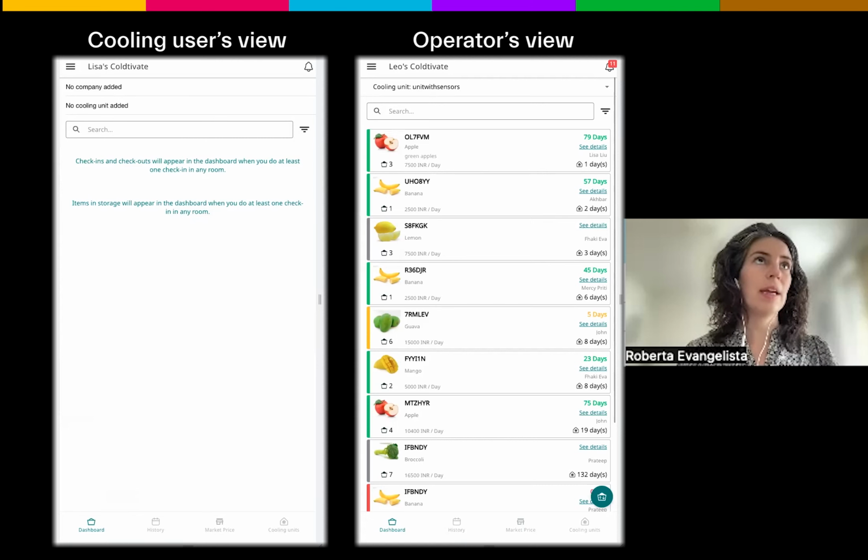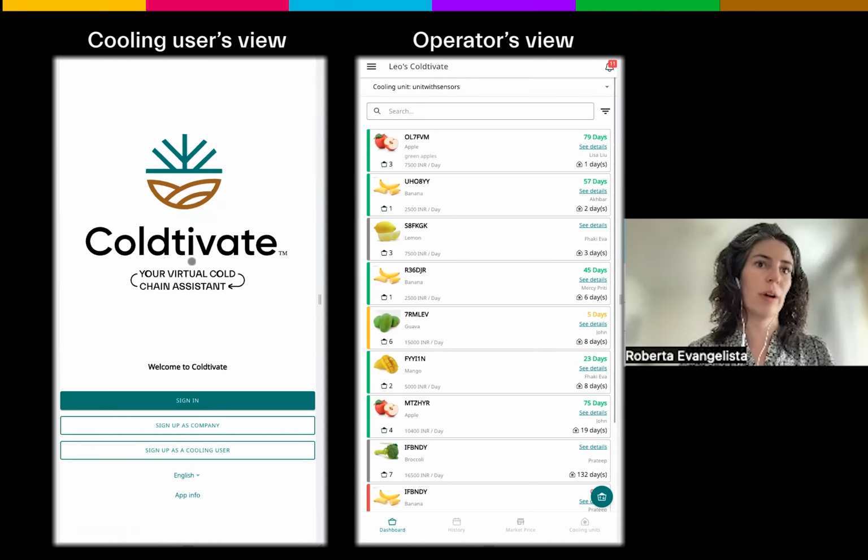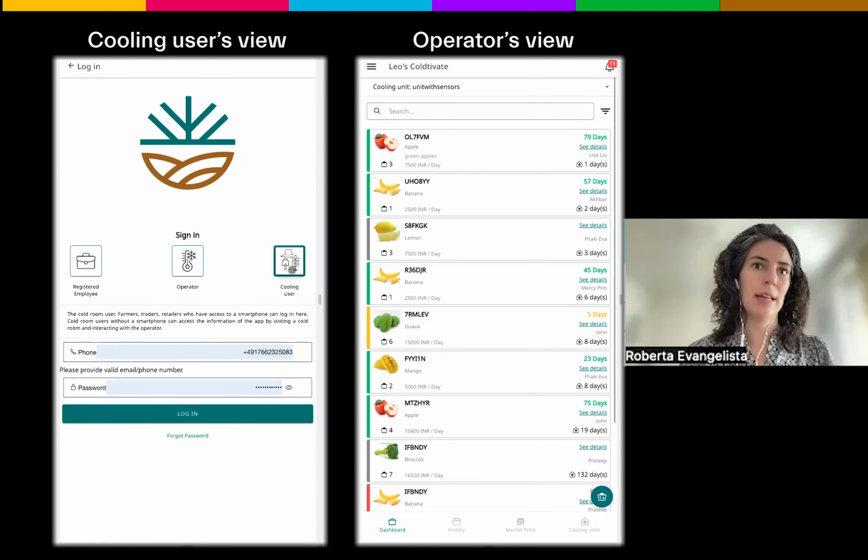Now, the 3 crates of apples are being added to the operator's view in the dashboard. In the same way, they will also be visible on Lisa's dashboard in a second. In the app, this happens automatically, but here, as we are on the desktop, let's just log out and log in again as Lisa,